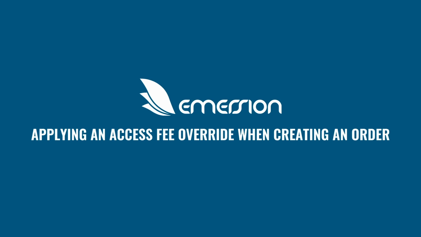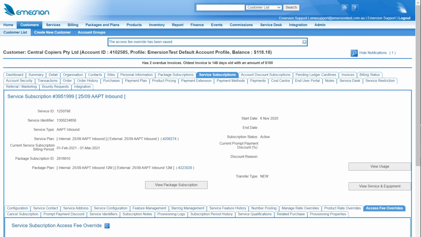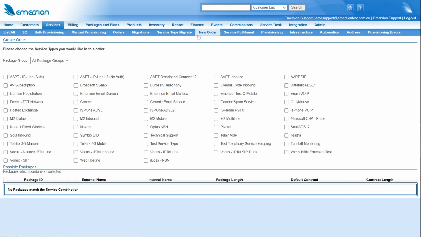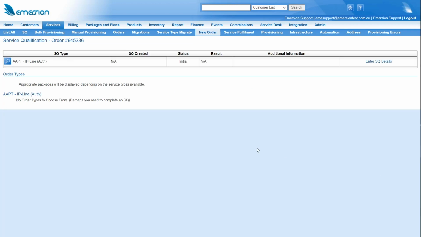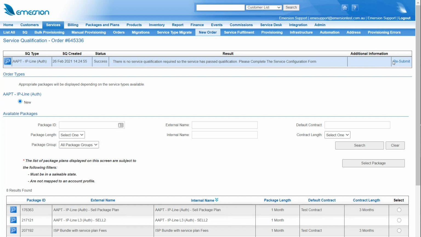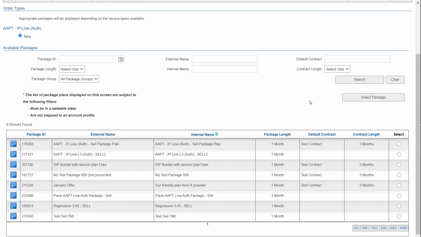You can also apply an access fee override when you're creating an order. Now, since we do have a little bit of time, I'll also demonstrate this. So let's go and create a new order. And just need to progress, just progress